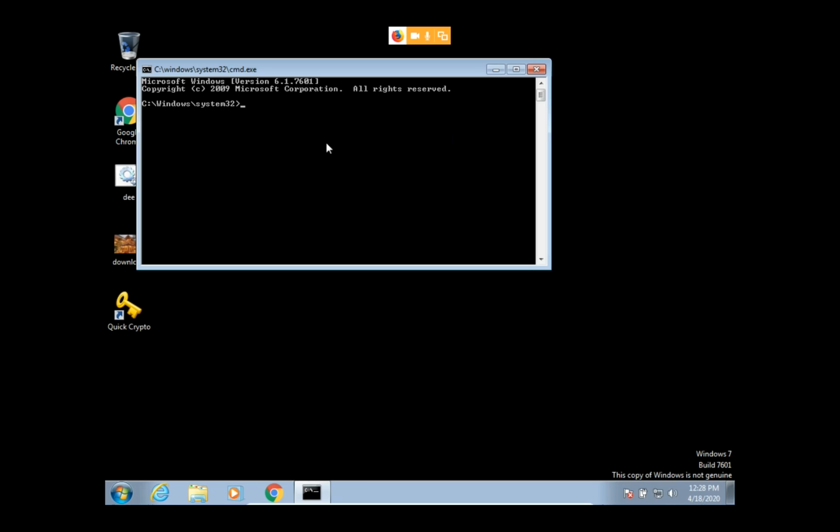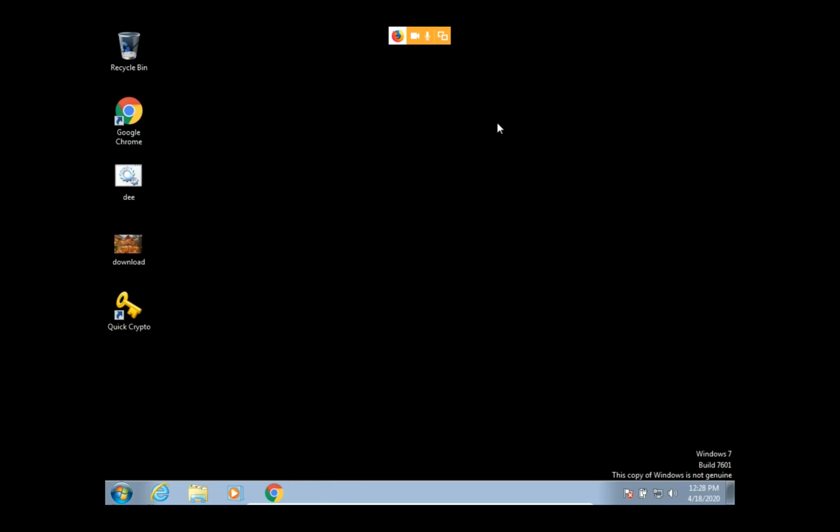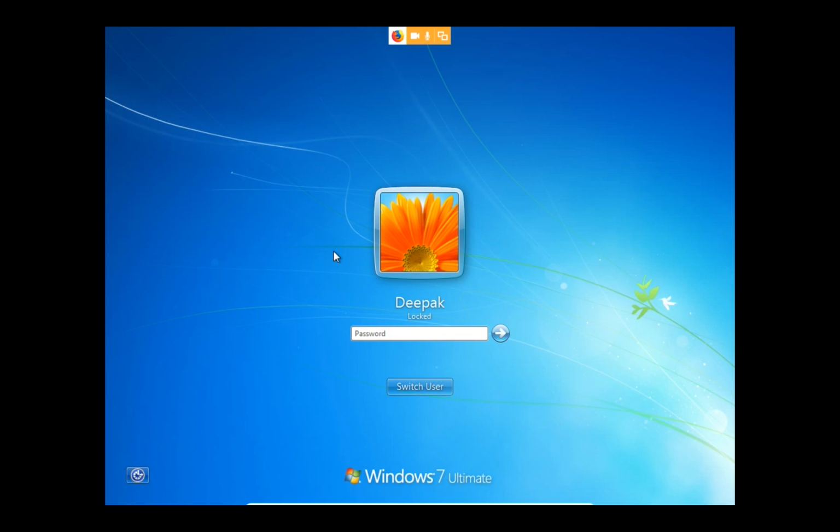And you can change anything from CMD. You can access any file from CMD, only by creating the backdoor. I am locking this Windows with Windows plus L, and it will lock. After locking that, I will also be able to open CMD from here. How can we open the CMD? You only have to press the shift key 5 times, 1 2 3 4 5.